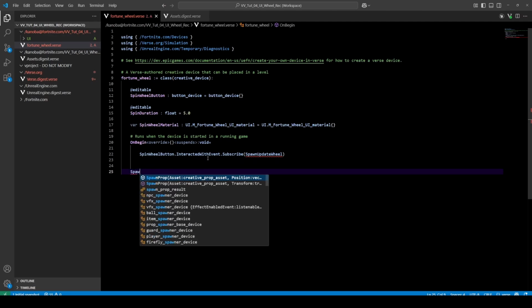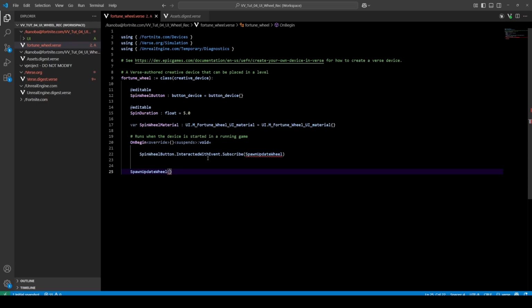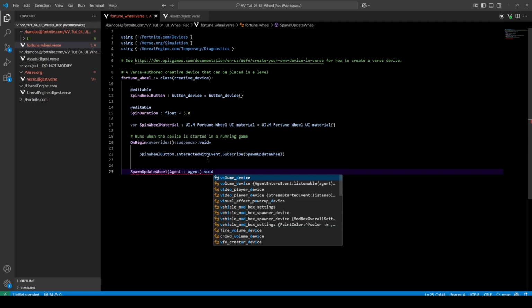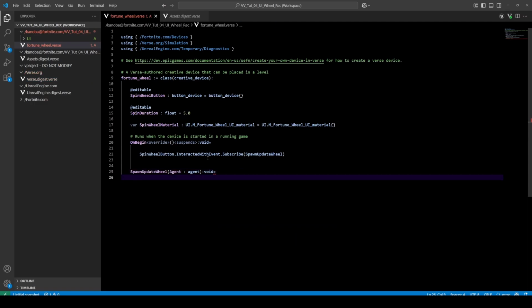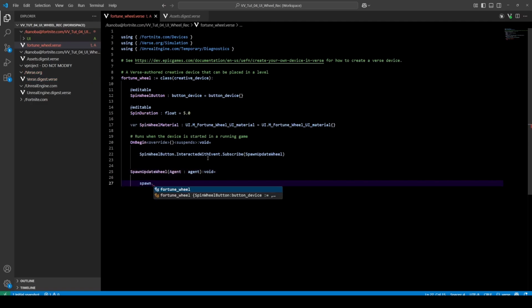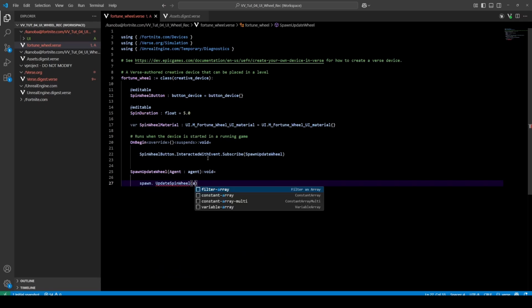And then we go spawn update wheel, and we want to pass in an agent, and we go void, so we don't need to return anything, and then we're going to spawn an async function update spin wheel agent,